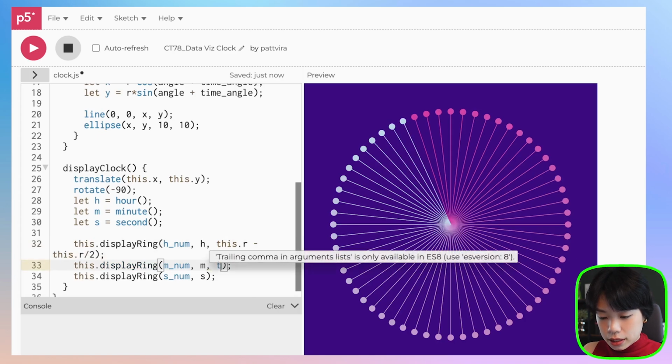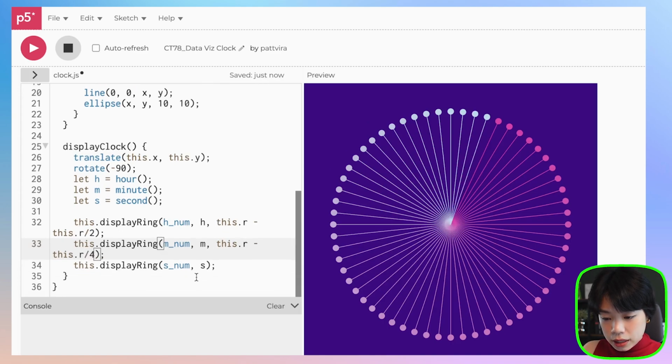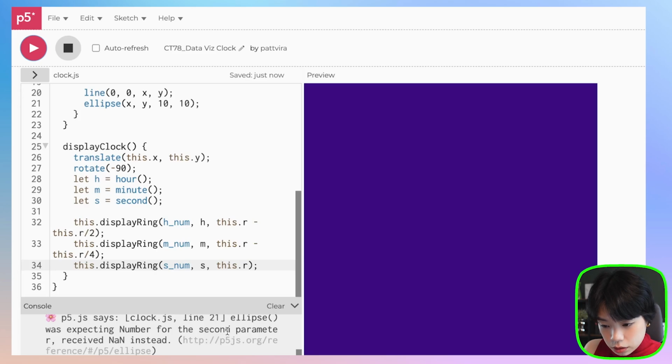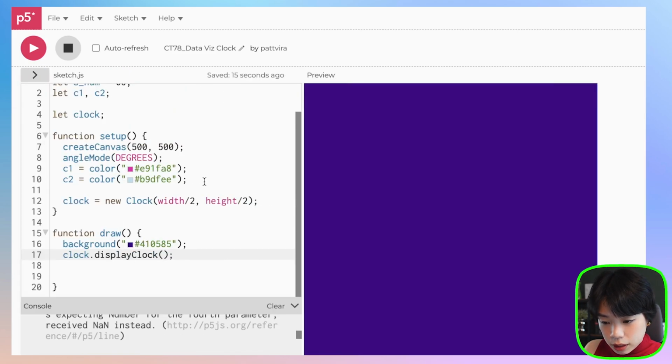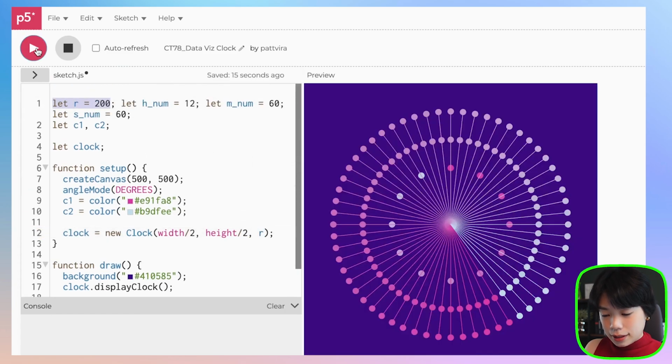And then for minute, let's do this.r minus this.r divided by 4. And then for second, we just want it to be the size of what we have r set as. Let's try that. All right. Oh, we need to provide the new argument in here. R, right? Okay, so now it is at